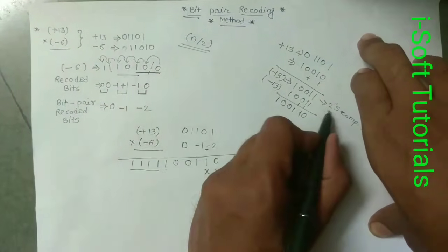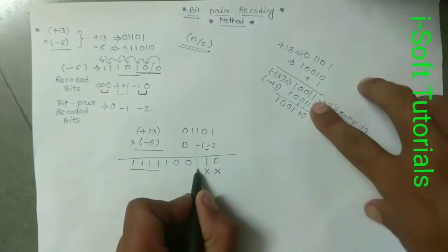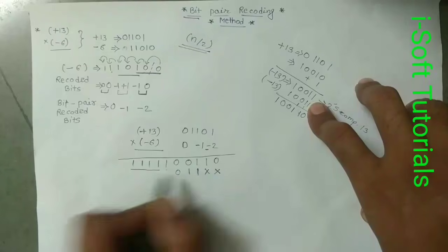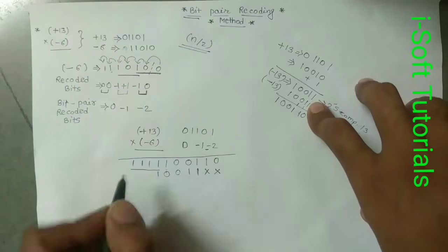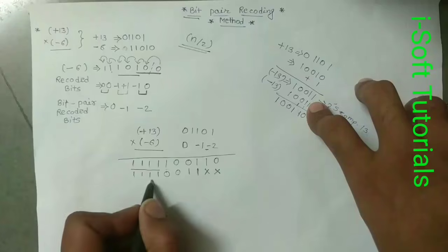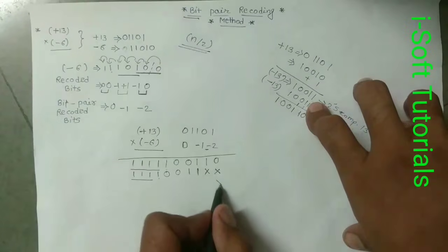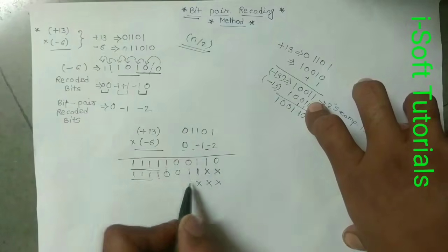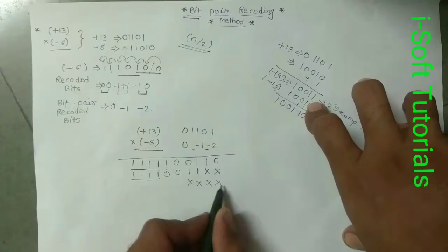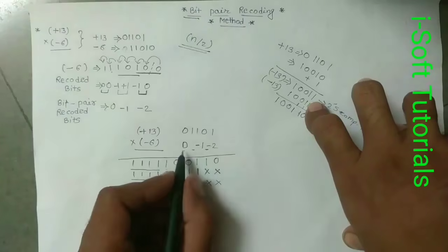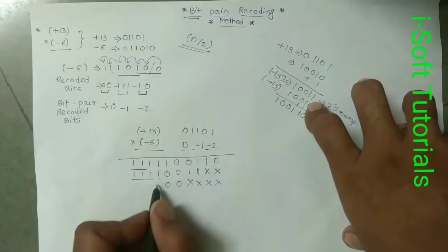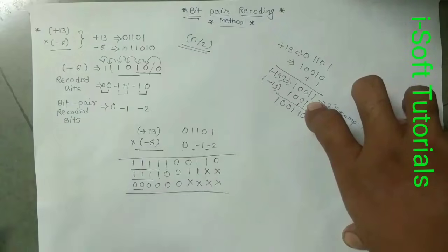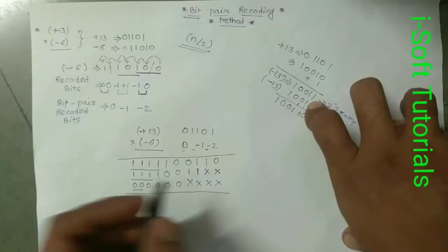So how will we write it here? 2's complement from the LSB: 1, 1, 0, 0, 1. Extended bits will be 3, the remaining bits 1 as sign bit extension. Then cross, cross. After 2 crosses, again for this space 1 cross, and for this 0 another cross. So 4 crosses. Then we will write 0 into plus 13, it is 0, and the extended bits are also 0. 2 extended bits we will get here, that we will extend as 0.